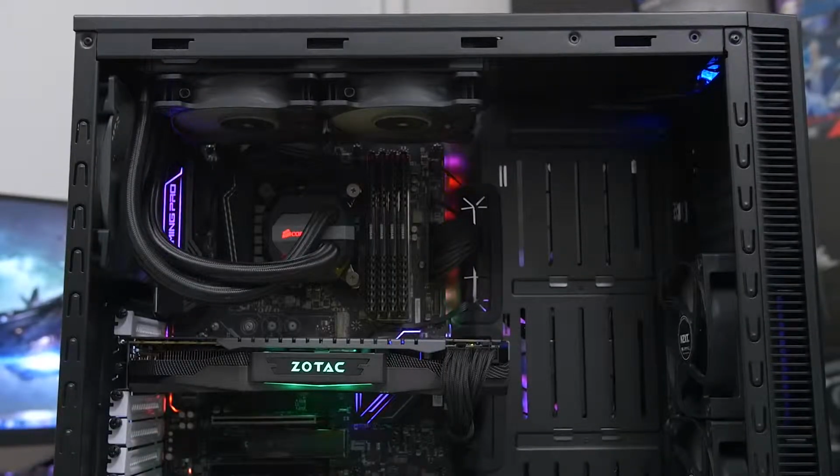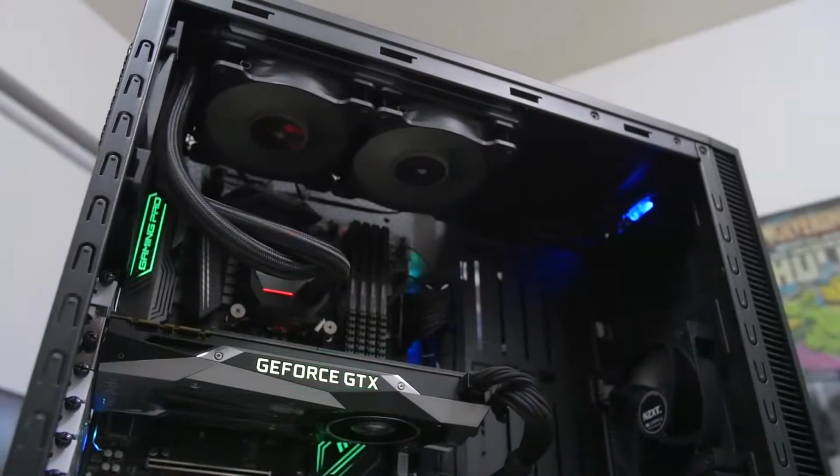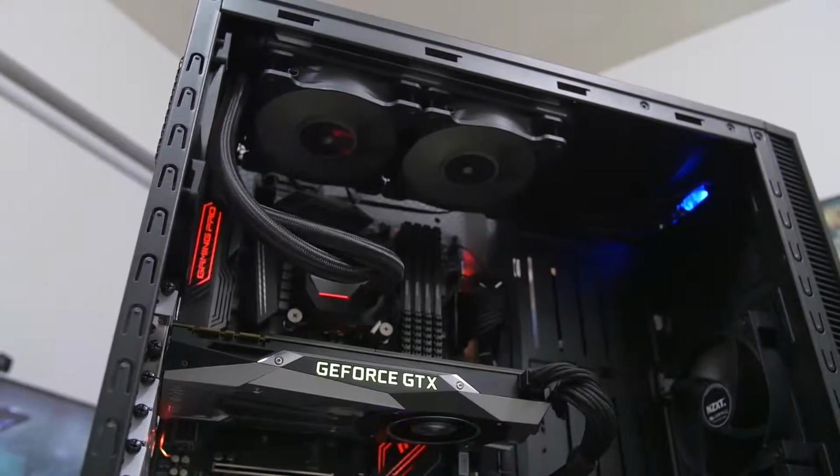This is a very specific use case scenario, but I did try my best to pick some components that reflect a modern day high-end mid-tower that is going to be primed for overclocking, which hopefully is somewhat representative of some of you out there. So I think on that note, ladies and gentlemen, we're ready to fire up some tests